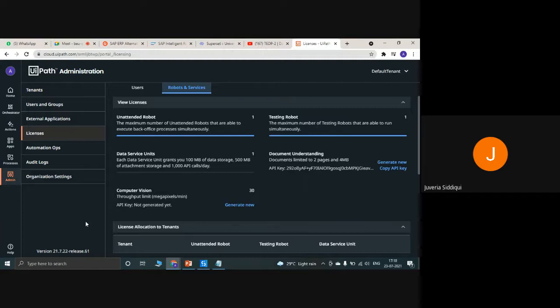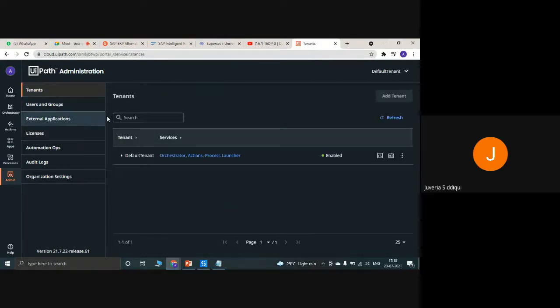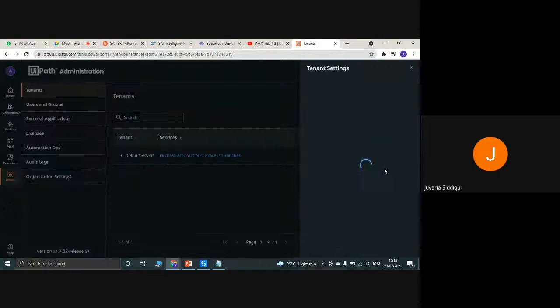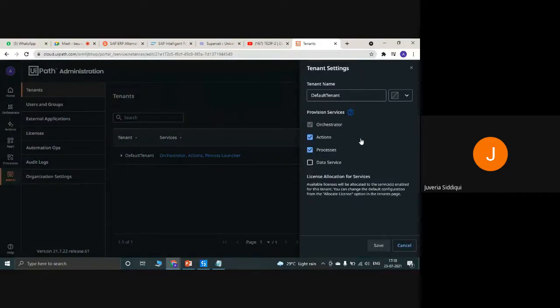All right. So how to do that is you click on tenants. On tenants, you see this default tenant. There is no AI Center mentioned. You see those three dots on the right hand side? Over here, click on tenant settings. Once your enterprise license is available for you, over here you will get AI Center, AI robots mentioned. Just check that box, and AI Center will be available for you. So that's one thing that you need to do.